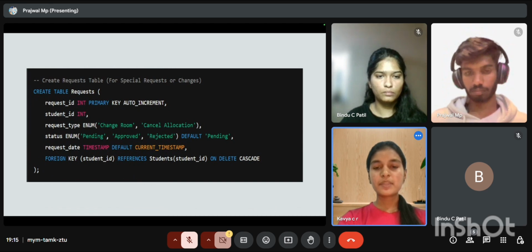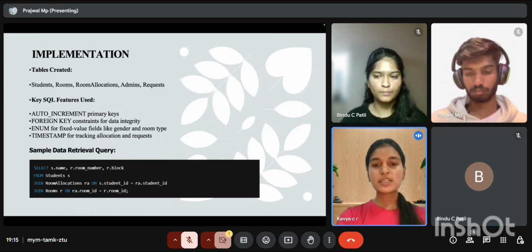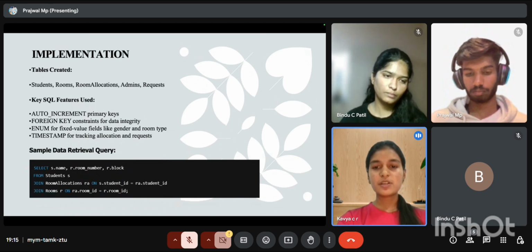And next slide is the implementation section. Student stores student information, room holds room details, room allocation keeps track of which student is assigned to which room, admin stores admin login details, and request handles special requests like room changes or cancellations. Key SQL features used: auto